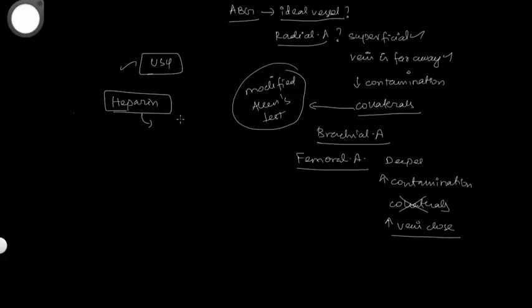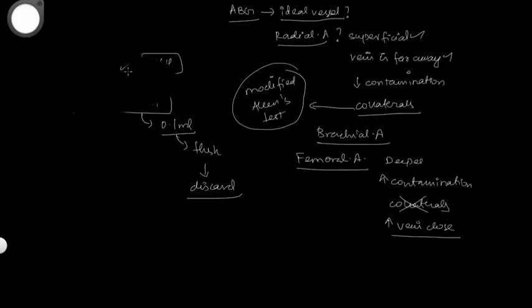Ideally, very little. There is no real cutoff. You just take 0.1 ml of heparin and try to flush the syringe with the heparin. After flushing the syringe by moving the plunger to and fro with this 0.1 ml of heparin, just discard whatever heparin is remaining. This is the ideal protocol, but there is no clear cut value of how much heparin you should actually use. So these are basically the essence of the crux of the